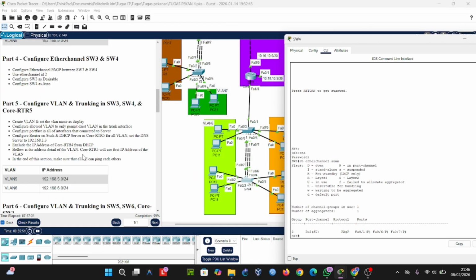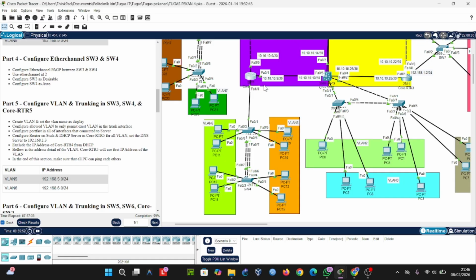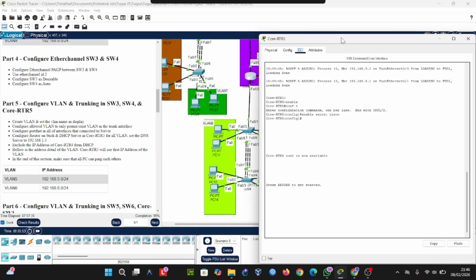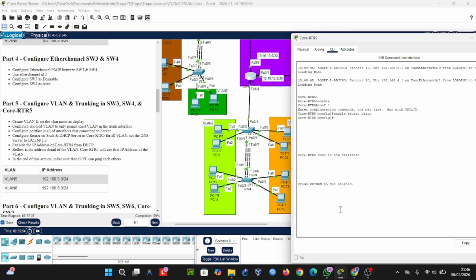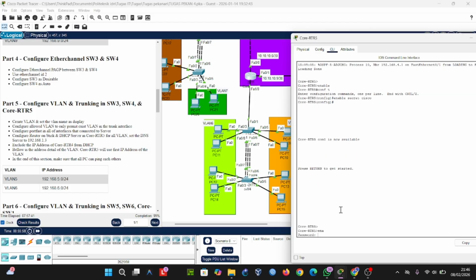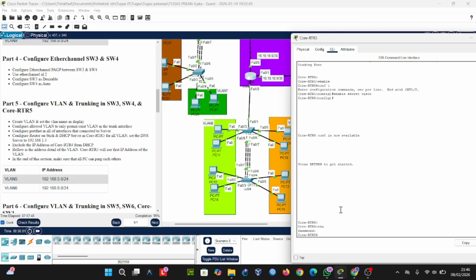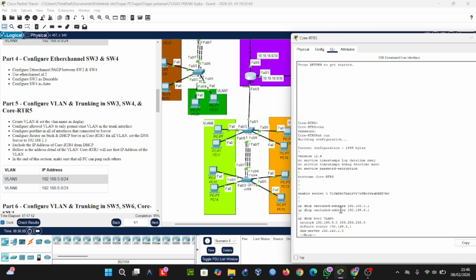And the same configuration in core RTL5 for inter-VLAN and DHCP. Okay, I can show you the configuration. So IP run for the complete configuration.